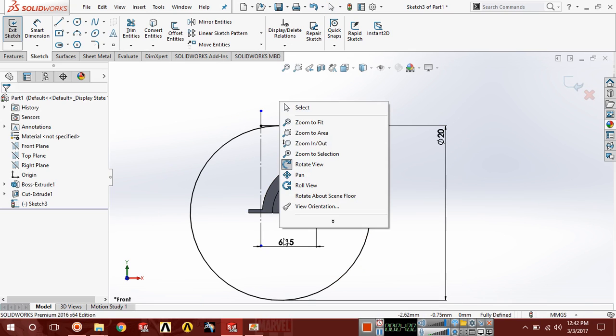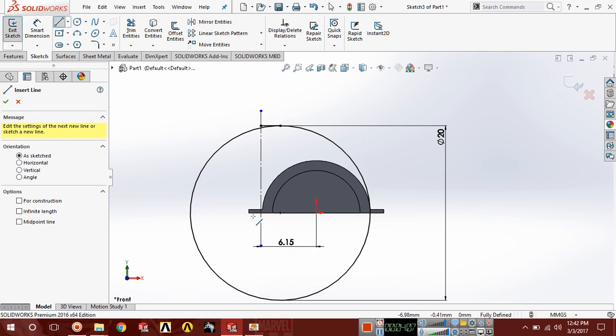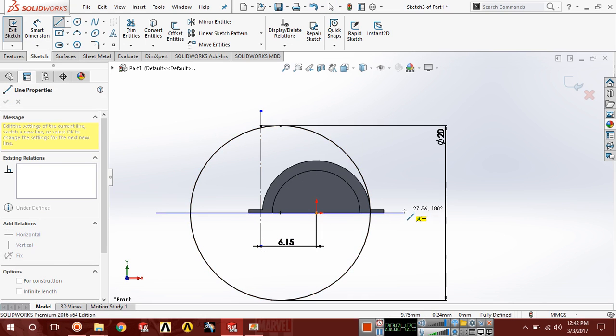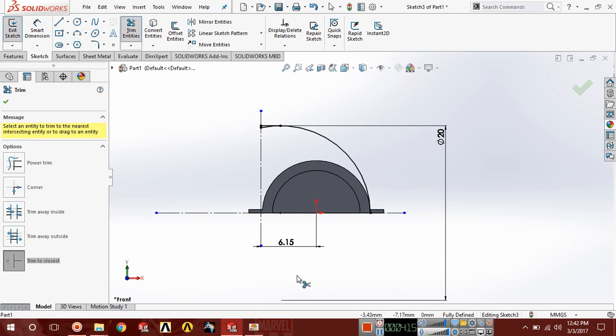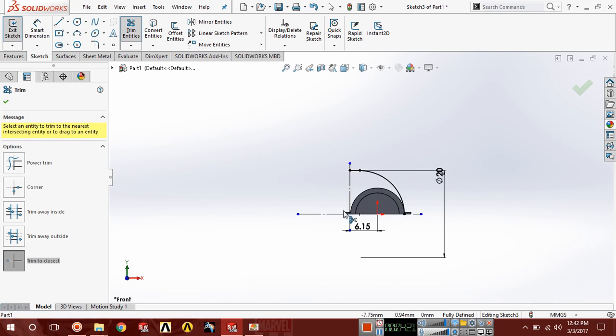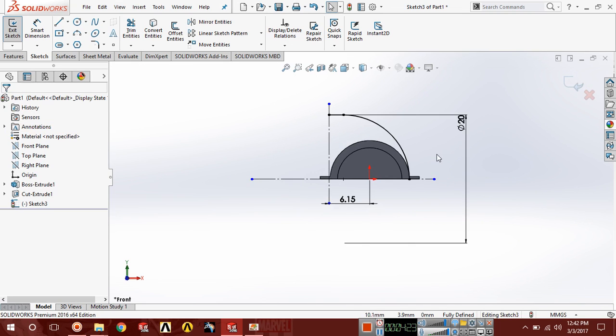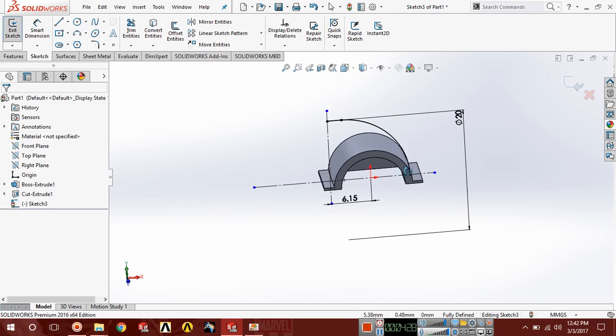Ctrl Z. Select a line and draw a horizontal line too, make it a construction line, and now trim this and this curved line. OK, you can see our profile has been created.